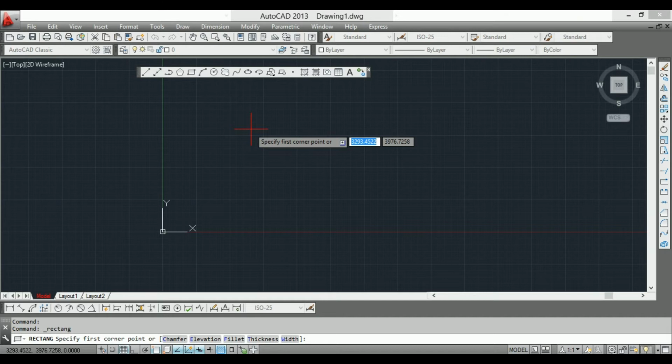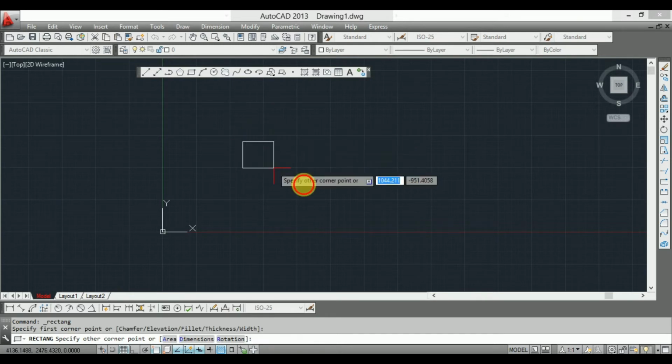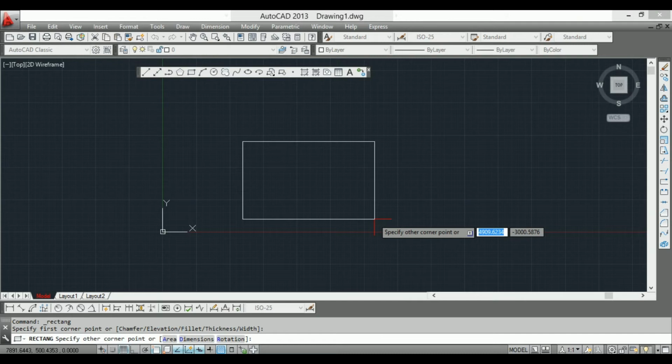I will teach you chamfer and fillet in the edit commands. It's a simple command. If you learn it over here, you will be confused. I will explain chamfer and fillet in the simple edit tools. Over here we will learn how to make a rectangle. You see, specify first corner of the point. Then click anywhere in your window to specify the first corner, then specify another corner. Or you can put some dimension in x or y. Then you put 50, tab, and 50.